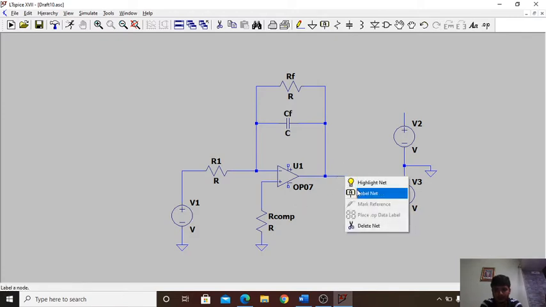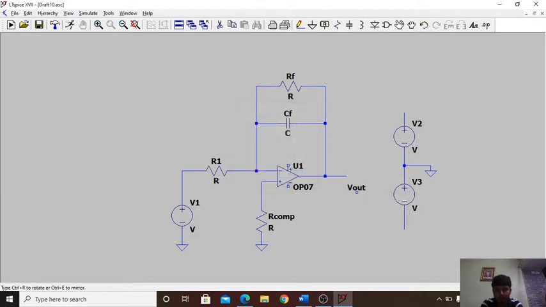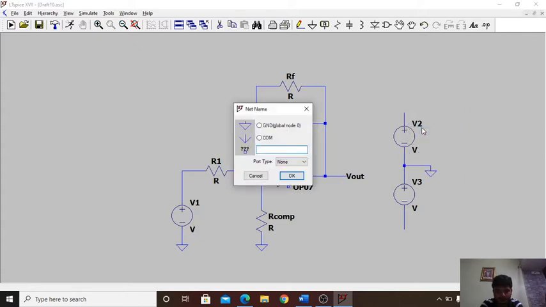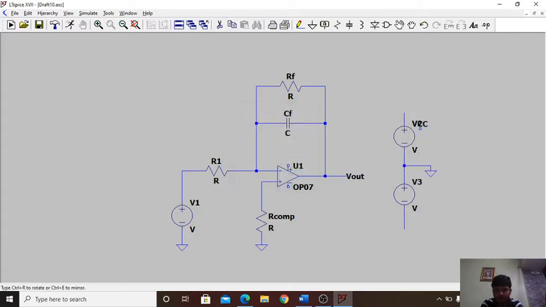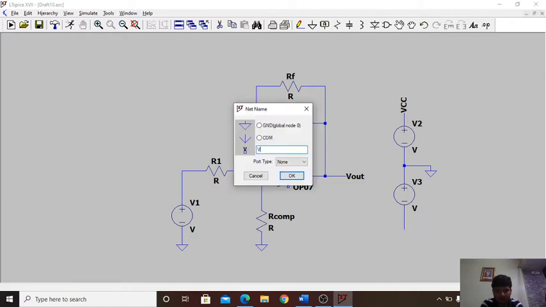Right click on this net, click on label net, type in Vout and place it over here. Similarly, right click on this net, click on label net and type in VCC, and place the label over here. Similarly, we'll label this as VEE.